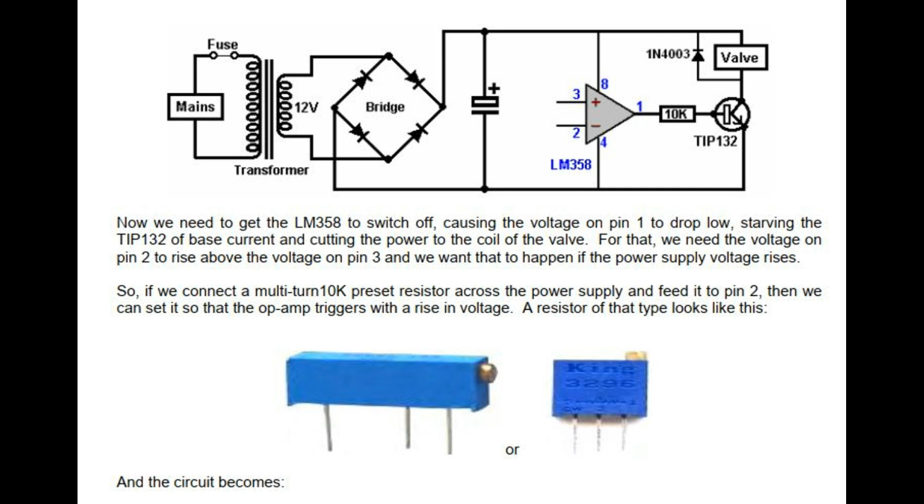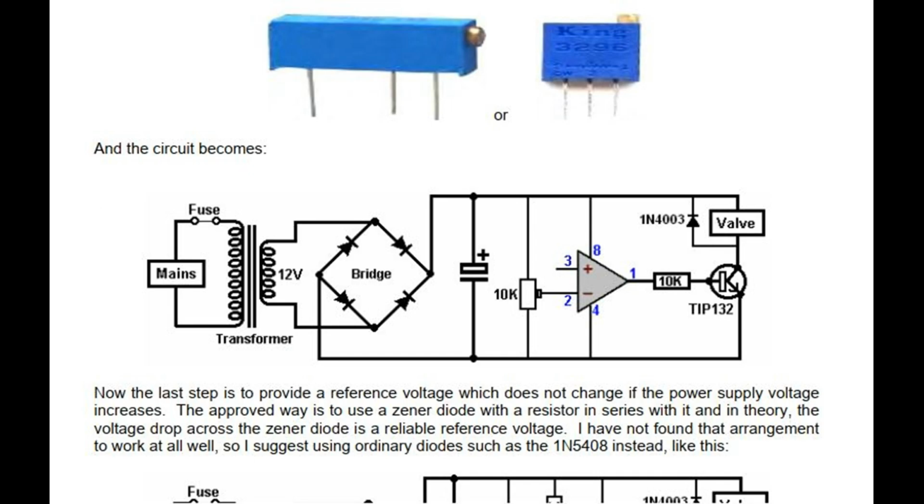For that, we need the voltage on pin 2 to rise above the voltage on pin 3, and we want that to happen if the power supply voltage rises. So, if we connect a 10K multi-turn preset resistor across the power supply and feed it to pin 2, then we can set it so that the op-amp triggers with a rise in voltage. A resistor of that type looks like this. And the circuit becomes: